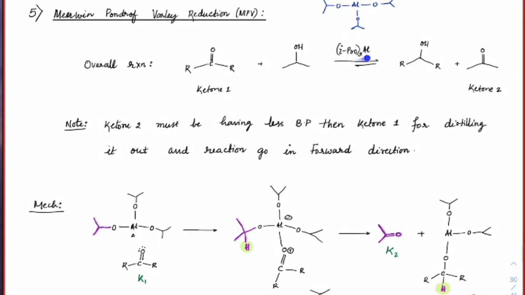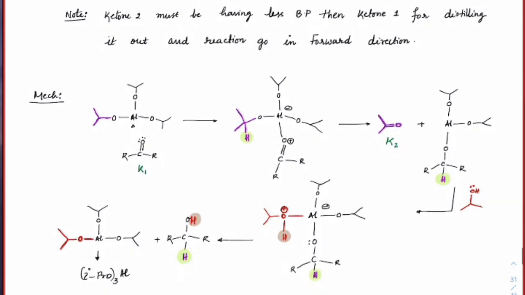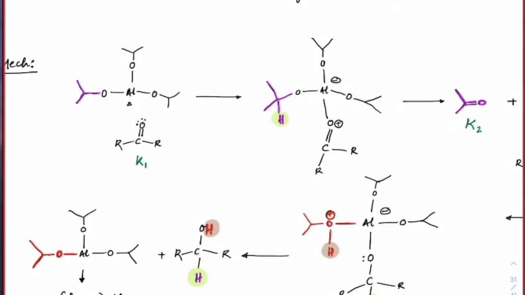So we have aluminium isopropoxide taken, and let's see the mechanism, what is happening. The lone pair present on oxygen will attack the aluminium because it has an empty orbital. As it attacks here, this would get negative charge, oxygen will get positive charge. Now see these isopropoxy groups. This isopropoxy group, on this carbon there is a hydrogen present on it, and since aluminium has a negative charge on it, electrons are pushed towards oxygen here.